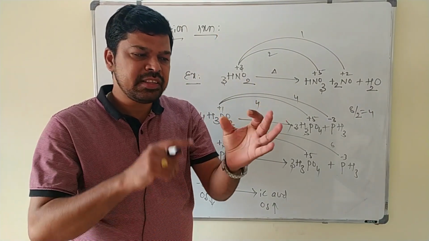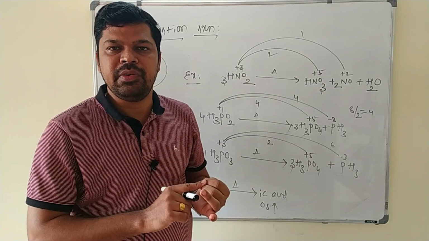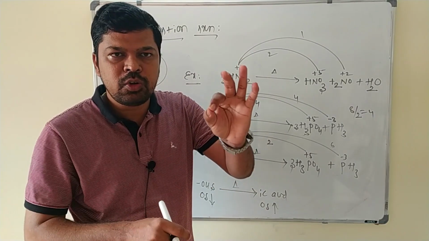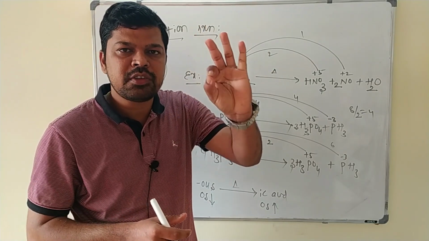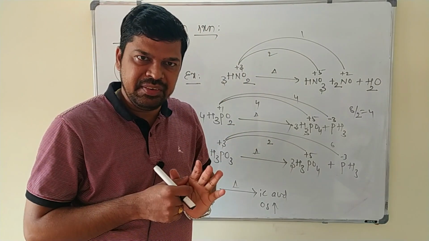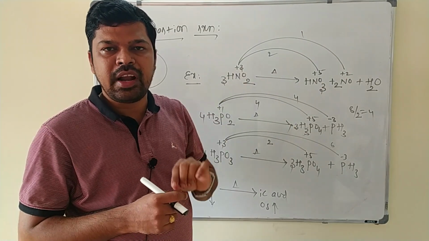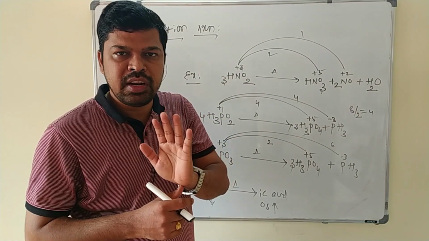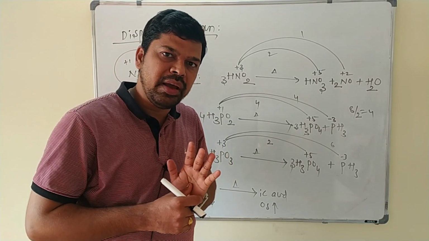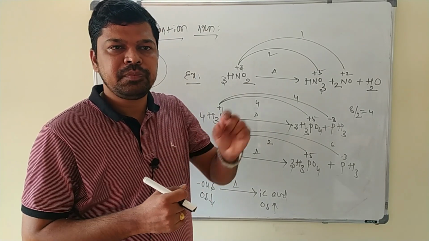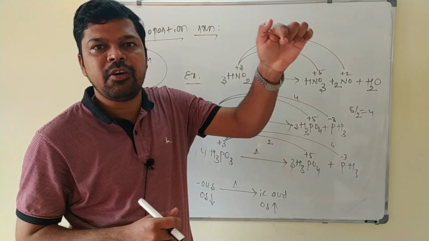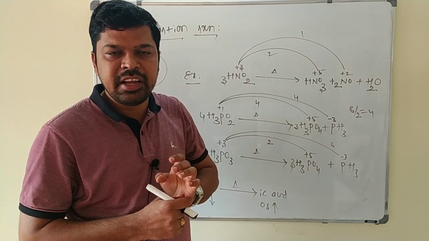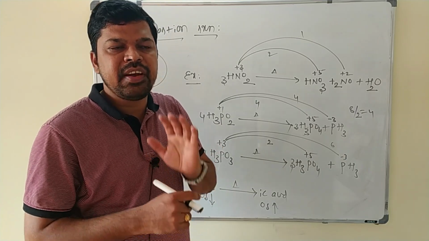Common oxidation states are -3, +3, and +5. Nitrogen has the maximum tendency to show the -3 oxidation state because of small size and high electronegativity. Next, if you go down the group, in bismuth it shows only the +3 oxidation state, not +5, due to the inert pair effect. Down the group, the stability of the +5 oxidation state decreases and that of the +3 oxidation state increases due to the inert pair effect here.